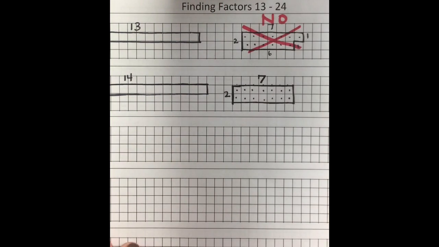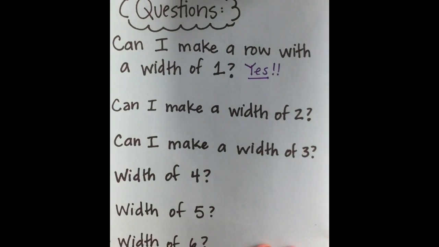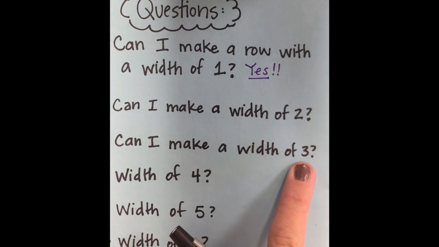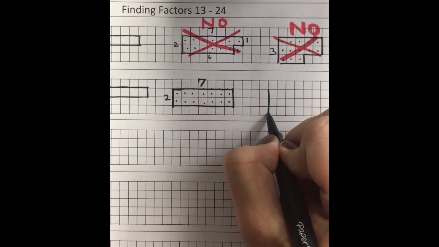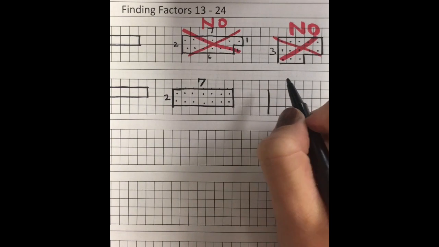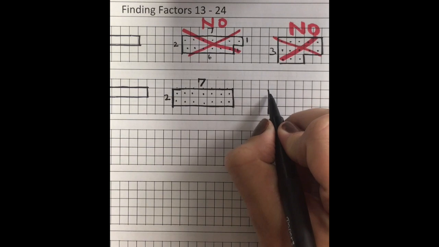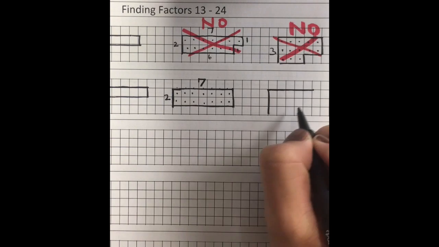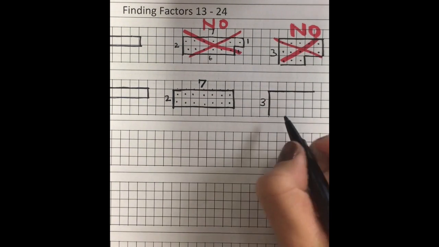So now before we finalize, we've got to be sure we've got them all. We don't want to leave anything out. So we're going to continue to go down the list. Can we make 14 with a width of 3? We can explore that, but if I'm thinking of my 3's facts, groups of 3, 3, 6, 9, 12, 15. I'm just going to go ahead and say I don't have a feeling this would work. I don't even know what it would go with. But if I had a group of 3 and I tried to make 14,